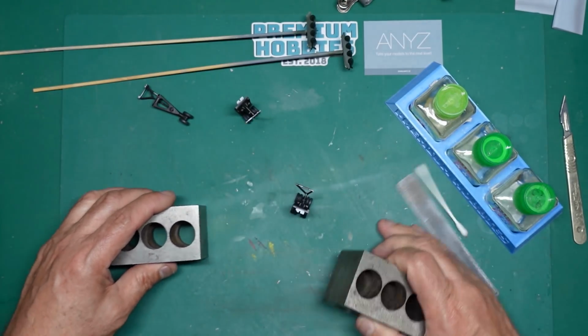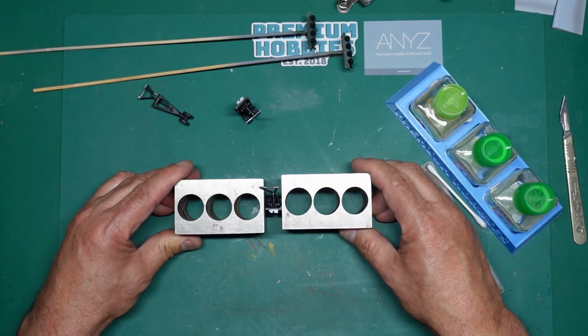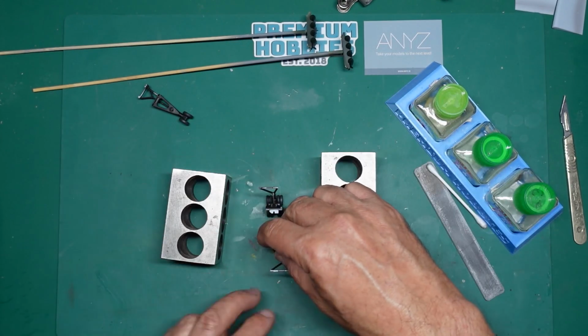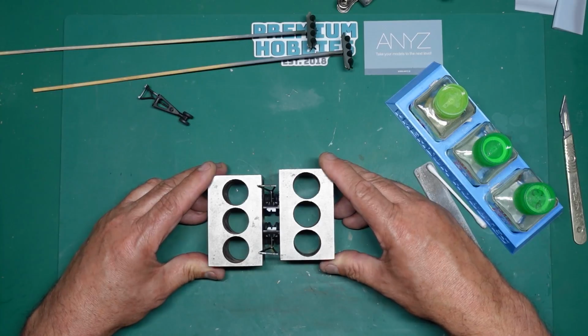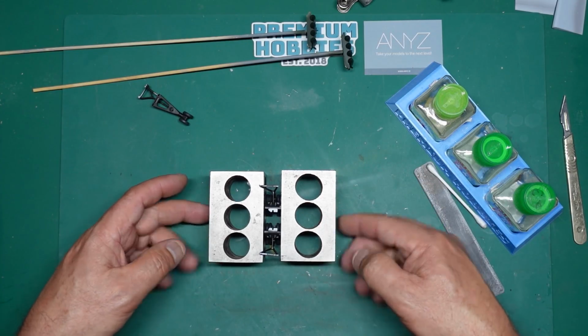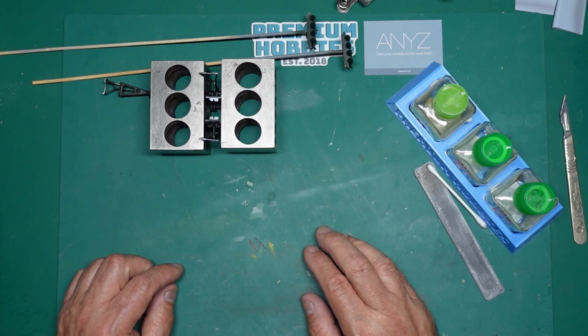There we go. And then again, put between the blocks, give it a squeeze, give it a tap, make sure everything stays nice and parallel. And what we can do now is put both of these in here. If we put them that way facing each other, and then we can push the blocks together and just leave it like that to set. If you want to put a little clamp on there, you can, but just the weight of the blocks should be enough. Okay,